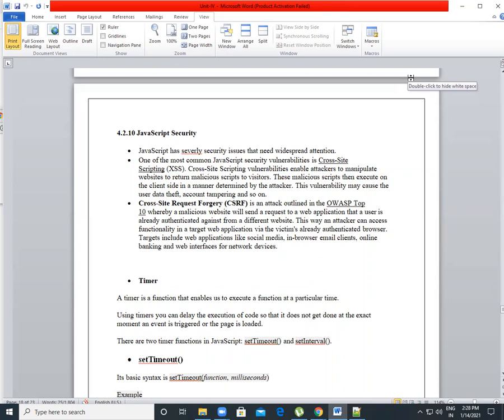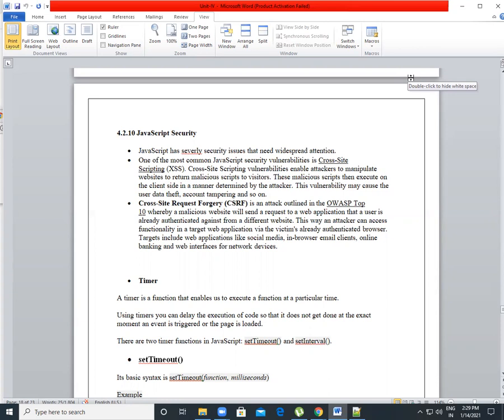One of the most common JavaScript security vulnerabilities is cross-site scripting. As mentioned here, cross-site scripting is a vulnerability that enables an attacker to manipulate a website to return a malicious script to visitors, and this malicious script then executes on the client side in a manner determined by the attacker.